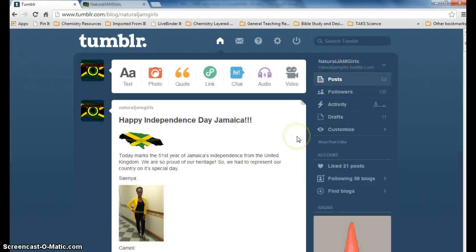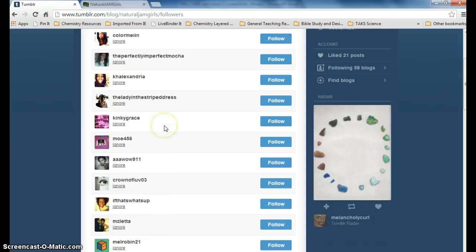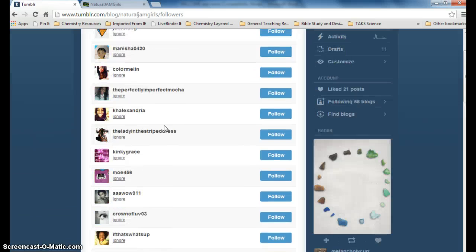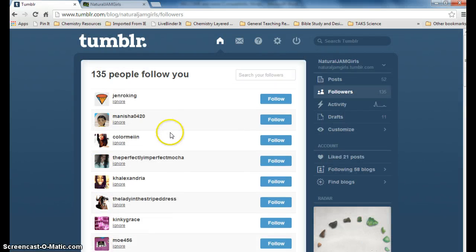Okay, so this here shows you how many followers we have, and I always try to keep a good eye on it, because if people post a lot of negative things, I don't try to keep them as friends because you don't want that on your page. So I actually had to delete some people just now, or unfollow them I should say,